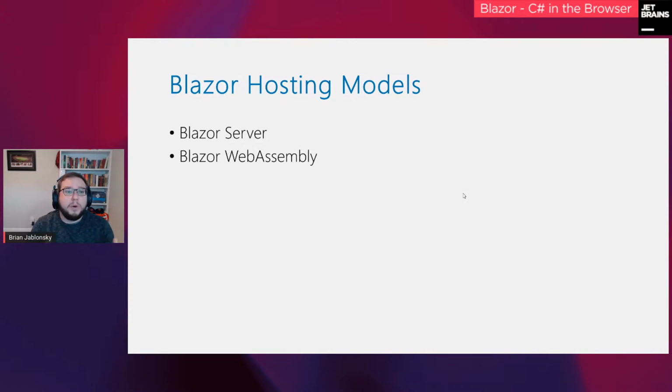Then there's this other hosting model called WebAssembly. WebAssembly runs all in your browser. It actually runs a version of the .NET Framework in your browser, and it's responsible for doing what your server would traditionally do in Blazor Server, rendering the UI. That's what's being done on your client side in your browser with Blazor WebAssembly.